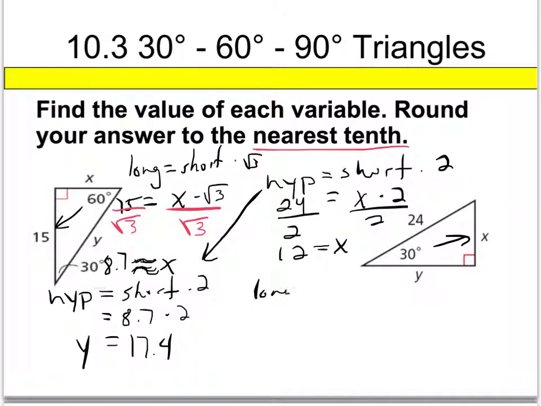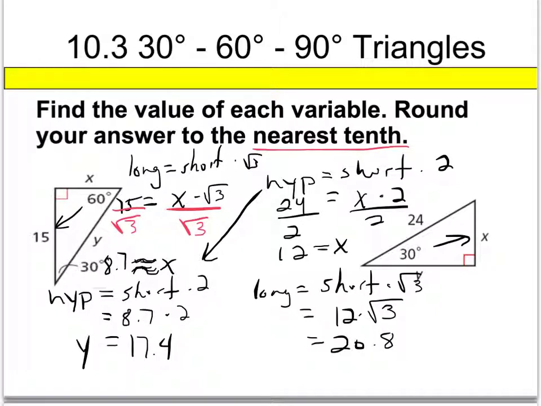Long leg is equal to your short times the square root of 3. Well, we know our short leg length is 12 times the square root of 3. Again, we cannot combine the 12 times the square root of 3. Why? Because that's underneath a radical. So when we multiply 12 times the square root of 3, you get your answer of